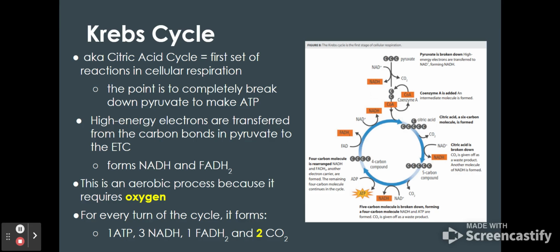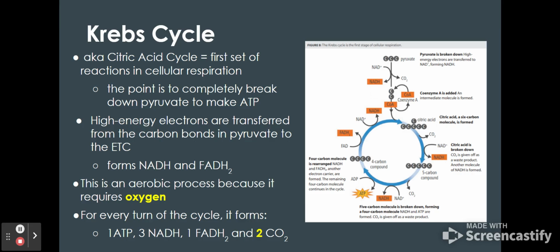Now, the high energy electrons are transferred from the carbon bonds in pyruvate to the electron transport chain, okay, which is the third step. So the whole point is that we're forming NADH and FADH2 using this energy from these carbon bonds, okay? This is an aerobic process because it requires oxygen to do. For every turn of the cycle, this citric acid cycle, Krebs cycle thing, forms 1 ATP, 3 NADH, 1 FADH2,